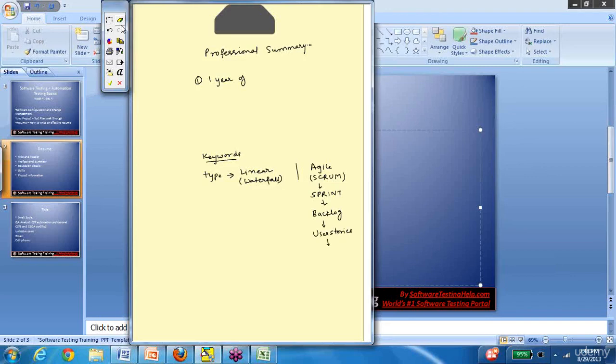And what else do we have? Yeah, some of these words, right? These are some of the words that are associated with the agile world, correct? And agile is gaining popularity these days. So most of the projects are actually converting to the agile methodology. So it will help if you have a good understanding of the agile process. Again, in the linear world, what is there? You have things like test planning, right? And reviewing, peer reviewing, test case creation, which is test design, and test data mining.